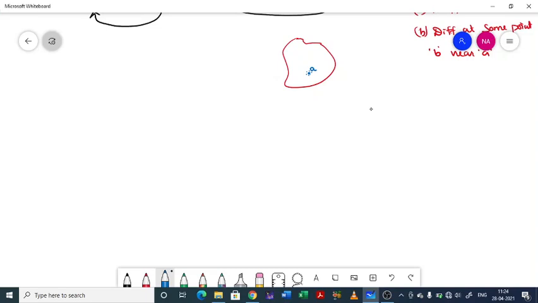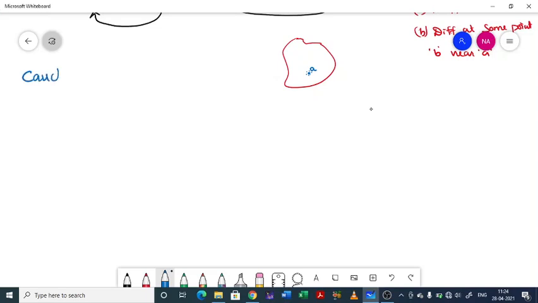Near point A there may be 10 points, 15 points, 1000 points, 10,000 points, any number of points. We cannot check whether the function is differentiable at each point. That is very difficult. So for that we use some other conditions to check whether the function is analytic or not. That condition was given by